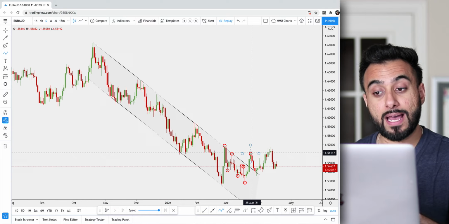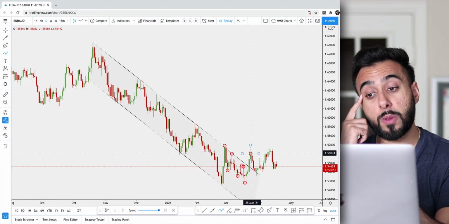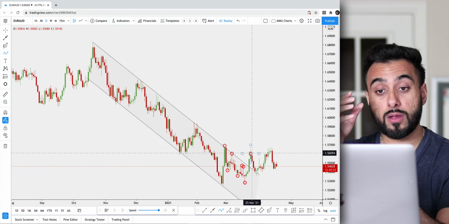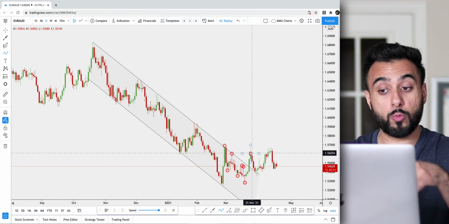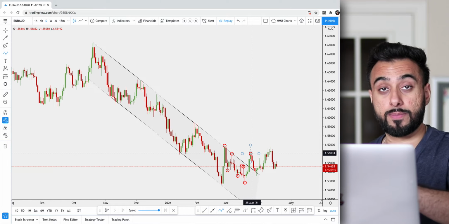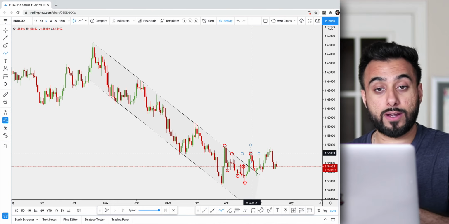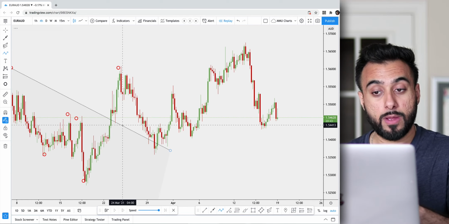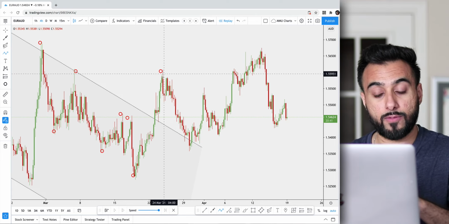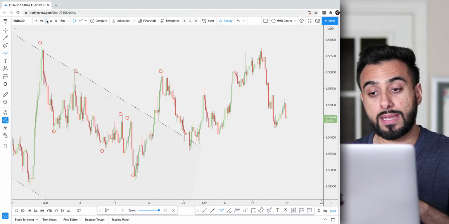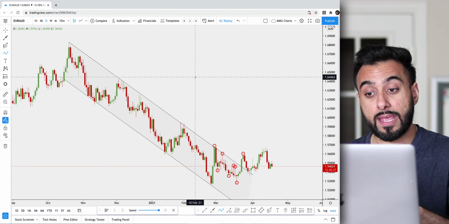So when you notice that, now we need to figure out where we could potentially find an entry for this setup. We know that the market potentially has flipped. We know the market is potentially going back up. So now we need to figure out how we actually find our entry. So we go to the 4-hour time frame. We notice that we have the highs that we looked at, but now looking at it from the daily time frame, we notice that if the market